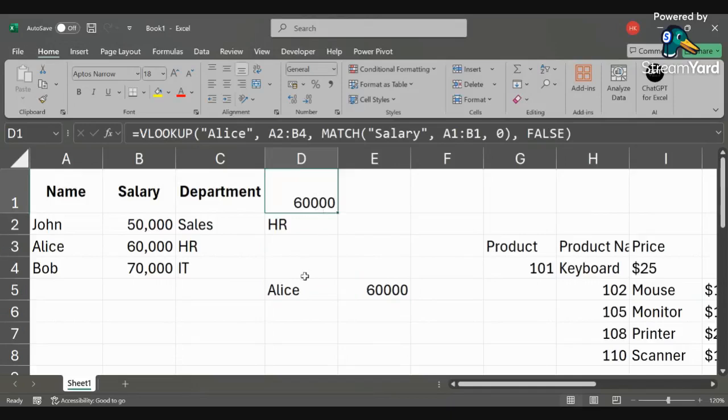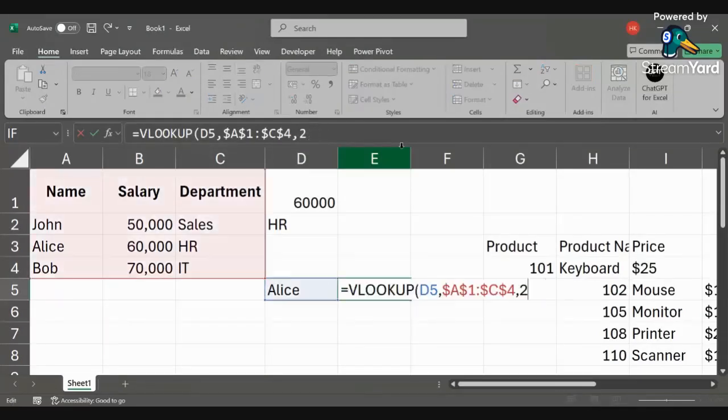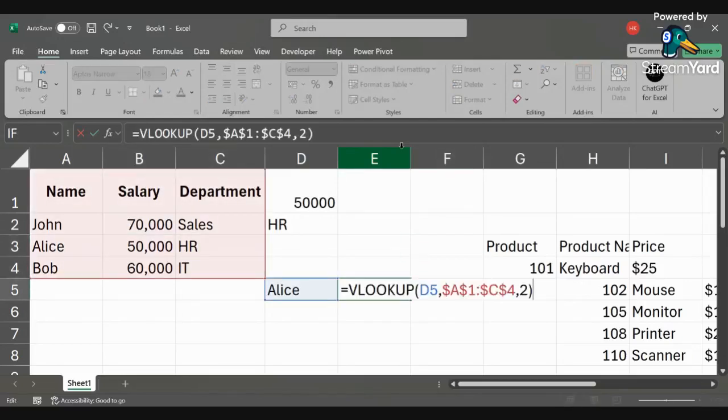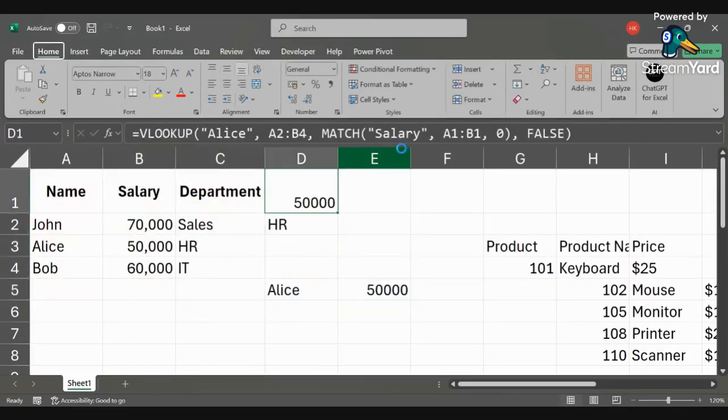Okay, now there's another thing. For example, here I've sorted the data. If you see, the data has been sorted on the salaries, not on the names or the department. It has been sorted on the salary. Imagine if the salary is not sorted and you're not putting the 0, what would happen? Let's see. So for example, I put this. Again the same error will be coming. Why? Because it is not able to find that particular thing. Okay, this is one of the things which I wanted to show you.